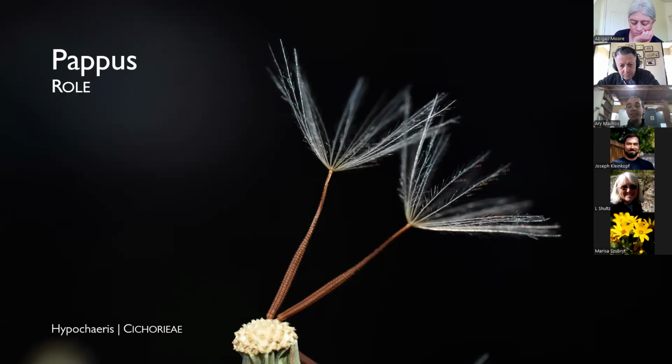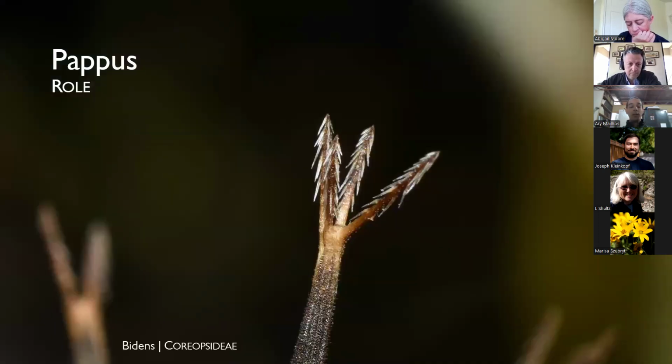Pappus that is easily dispersed by the wind, right? We've all taken a dandelion and blown on it and made all of the seeds blow away. So I think that's a very present image in our brain. And what we have found looking at the literature is that most studies that focus on the pappus and its ecological role tend to focus on this aspect, right? It's dispersal, which can usually be by the wind,